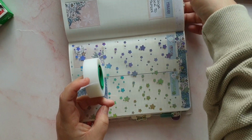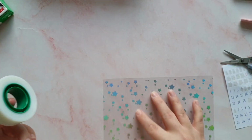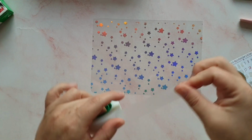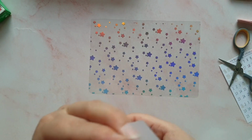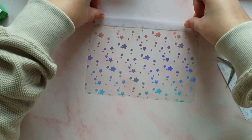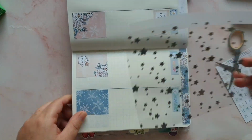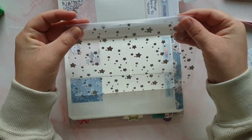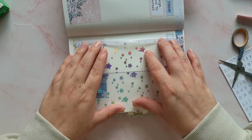I'm going to say this now and I'm going to stick it all over the place and make a right mess. But when I'm on my own and I'm doing this, I don't normally have a problem. You watch now, it's going to be a typical Rachel moment and it's going to go absolutely wrong. But never mind. So I just roughly cut a strip of the tape to the same length as the acetate or vellum that I'm tipping in. And then stick it down. And then I just fold it back on itself like that so that I can get the piece of acetate or vellum as near to the page as possible and in the right position,